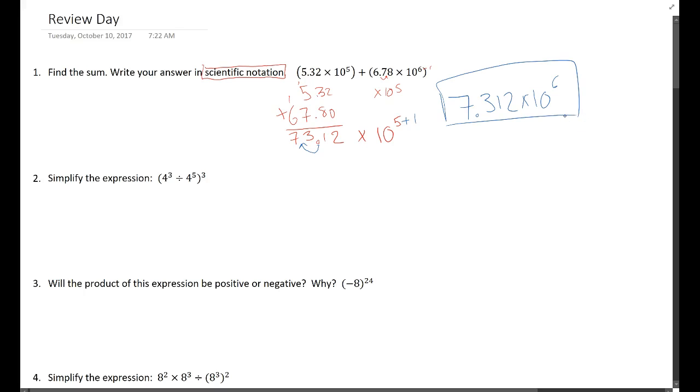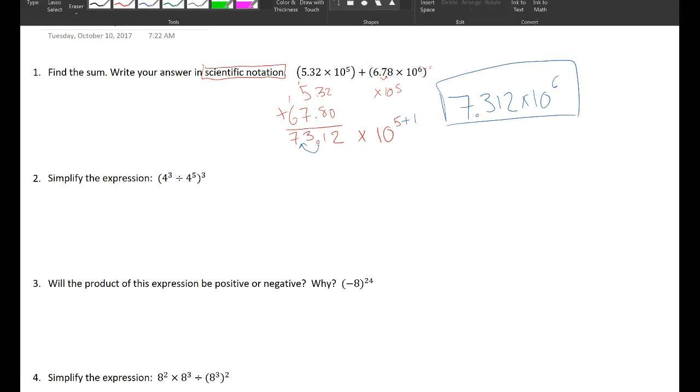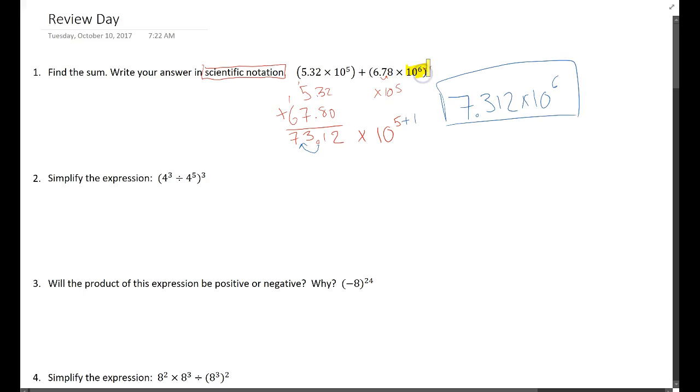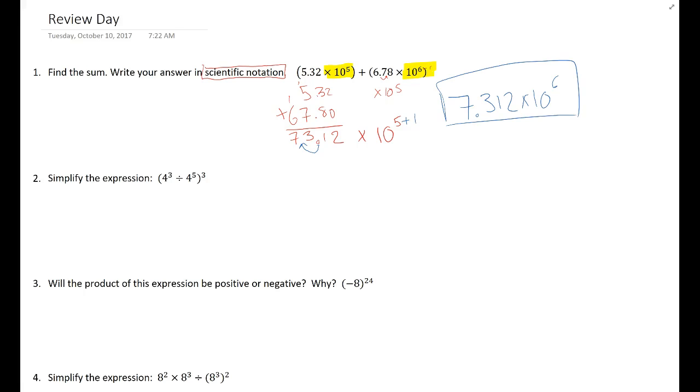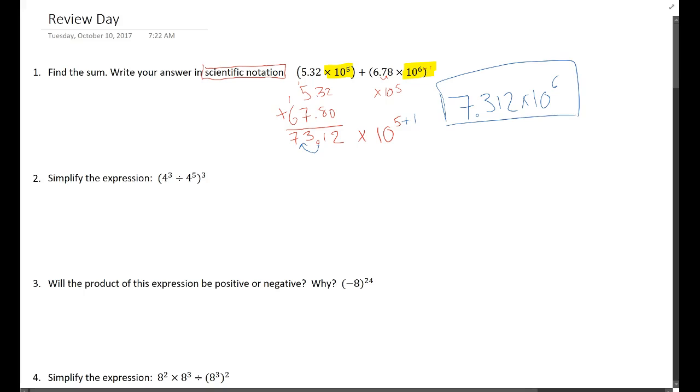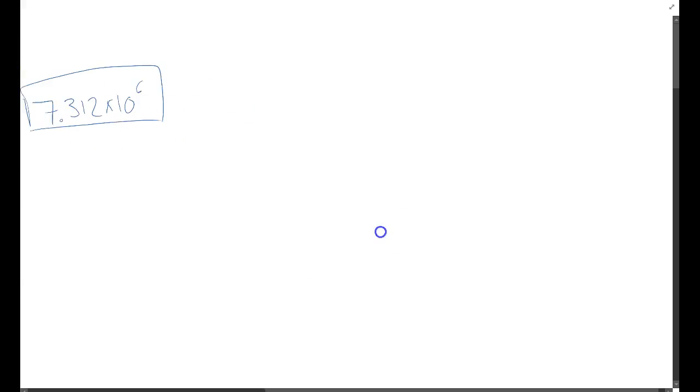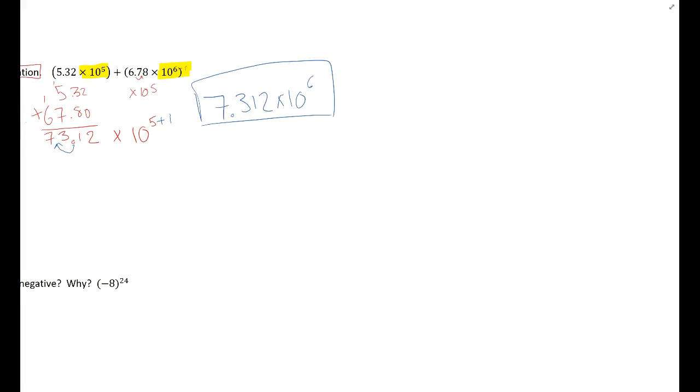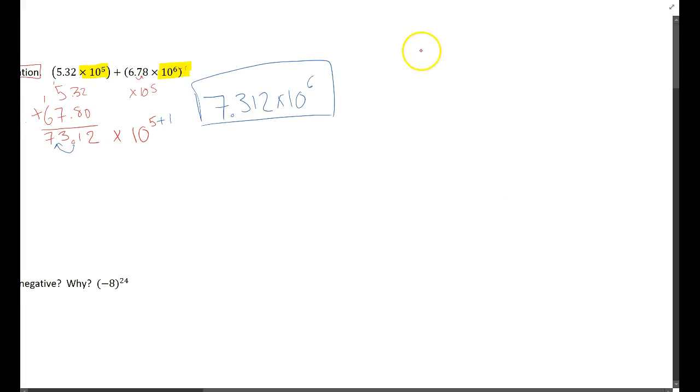Now, there was a question that a lot of students asked on Tuesday, which was, why are we doing this part? Why are we doing this, where we're subtracting 1 from the 6? Here's the basics of it. You need your magnitudes to be the same when you're adding or subtracting in scientific notation. Here's why. If I were to put these numbers into standard form,